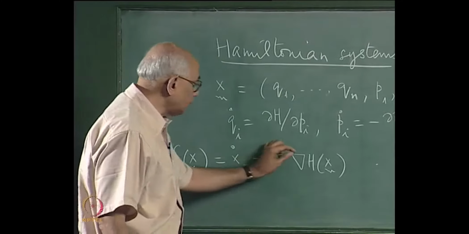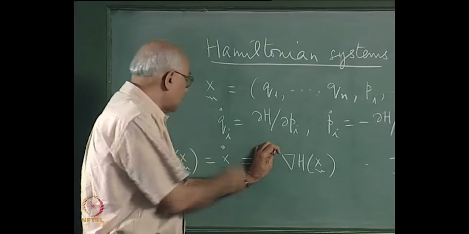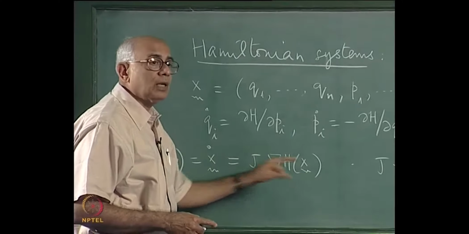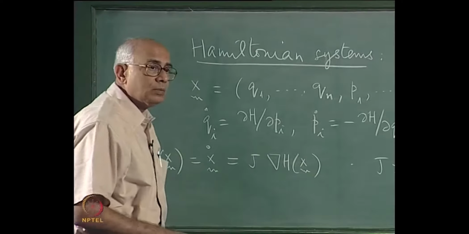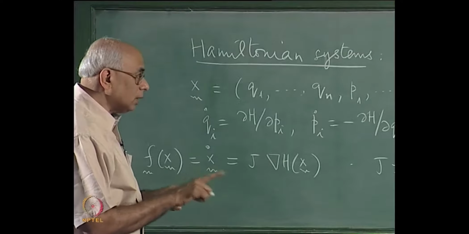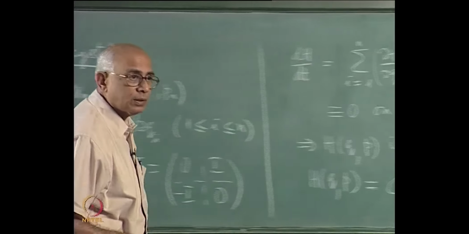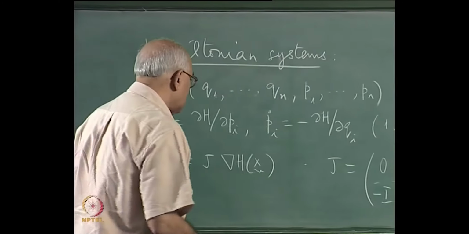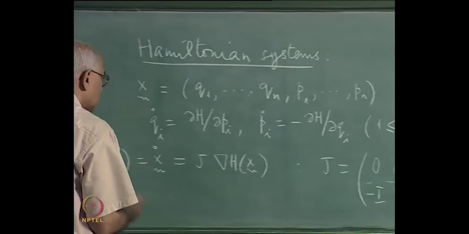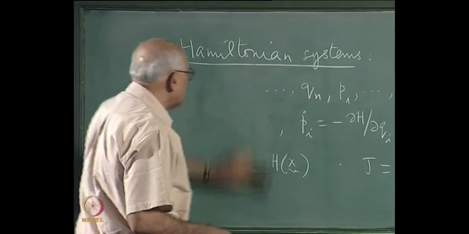and that is a major difference between ordinary gradient systems, where you do not have this J here and x dot is given by the gradient of some scalar field, and Hamiltonian systems, for which the motion actually occurs on a surface on which H is constant for each set of initial conditions. My statement was, yes, I would like to explain this a little more. The statement is,